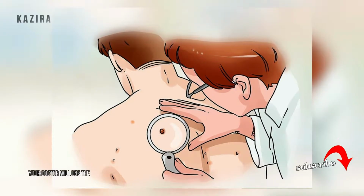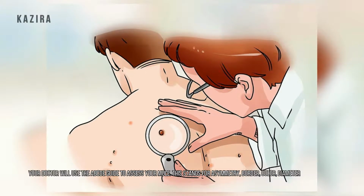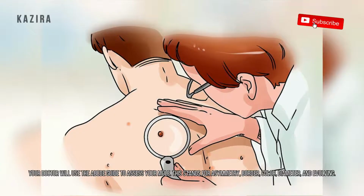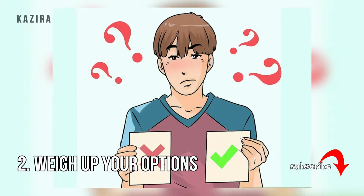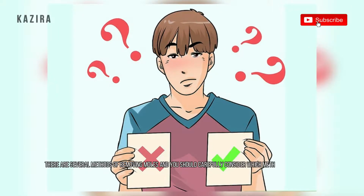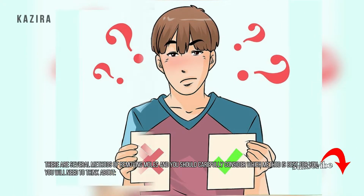Your doctor will use the ABCDE guide to assess your mole. This stands for asymmetry, border, color, diameter, and evolving. Weigh up your options. There are several methods of removing moles and you should carefully consider which method is best for you. You will need to think about